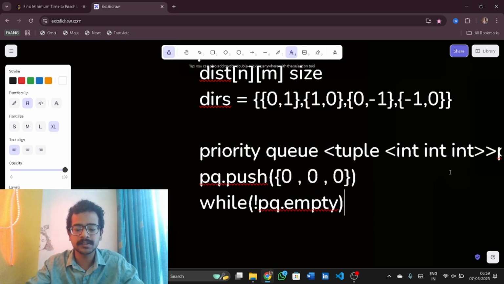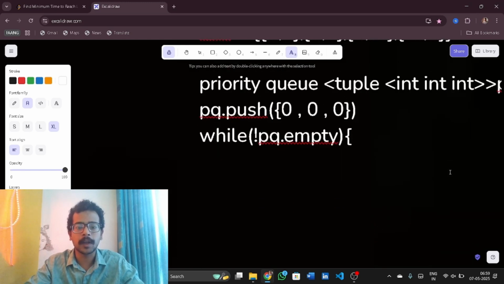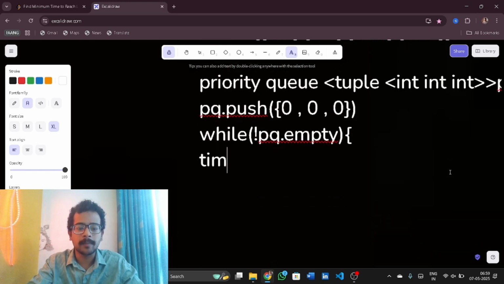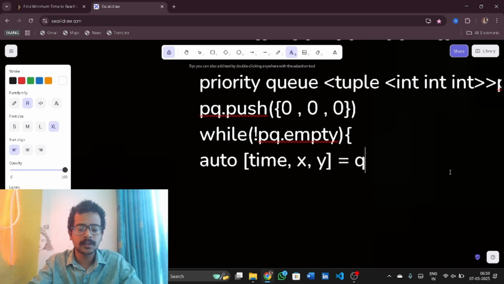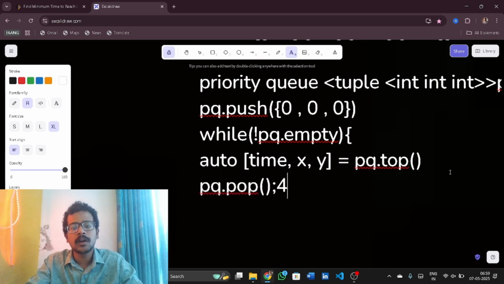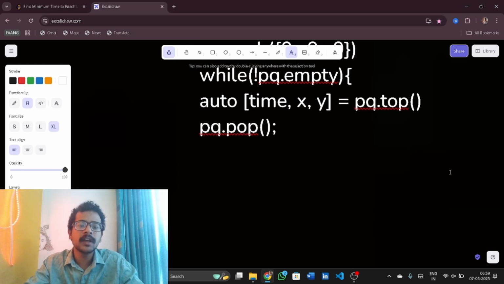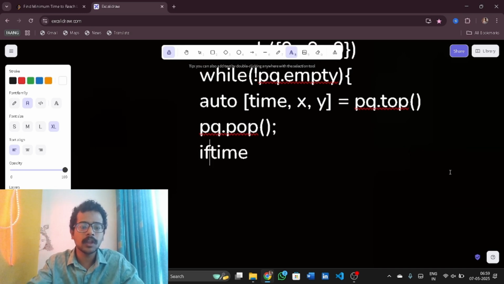Why? Because 0 is the starting time. Okay, pq dot push, and auto time comma x comma y is equal to pq dot top, and remove that top element, pq dot pop. Okay, now what do I need to do after this? If time is greater than